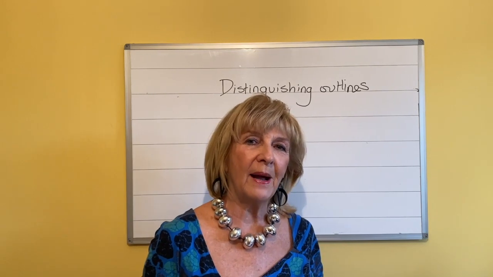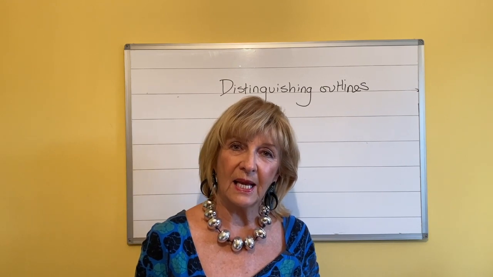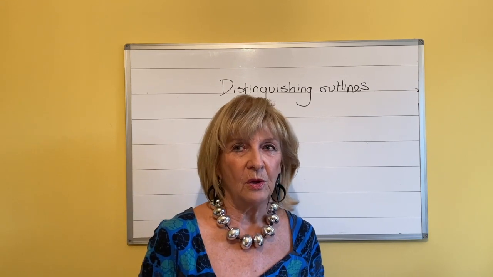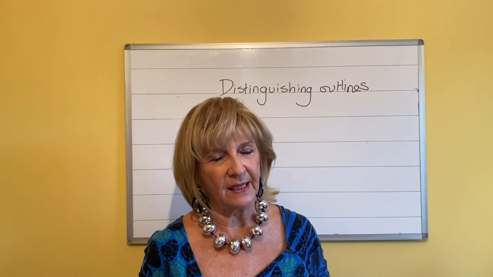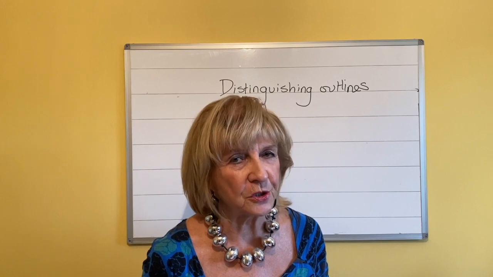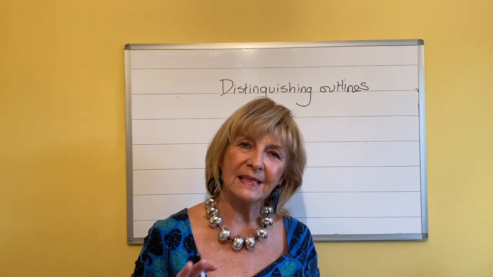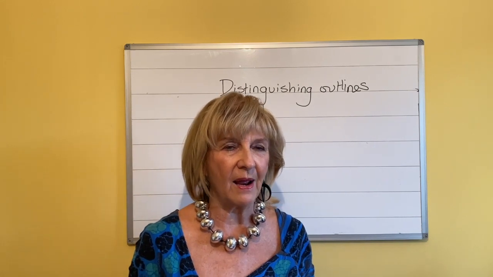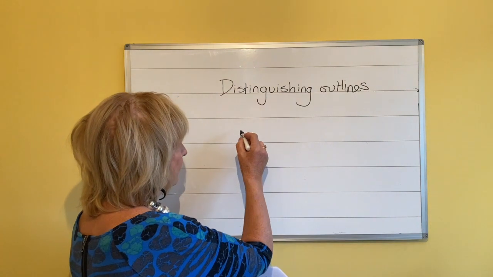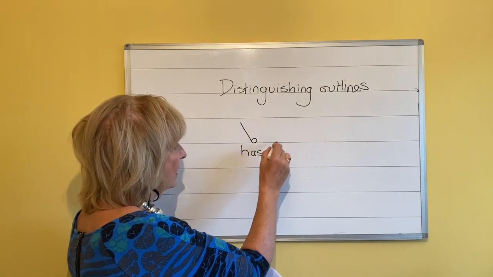We've talked before about distinguishing outlines. 9 out of 10 times the sentence will tell us which the word is. So we wouldn't ride our book, we would ride our bike. But sometimes the sentence doesn't always tell us. So it helps us if we can make a slight difference to the way the word is written so that we can transcribe it correctly. We made a slight difference last time between the word has and the word his,